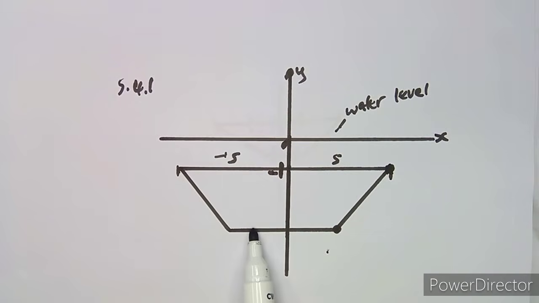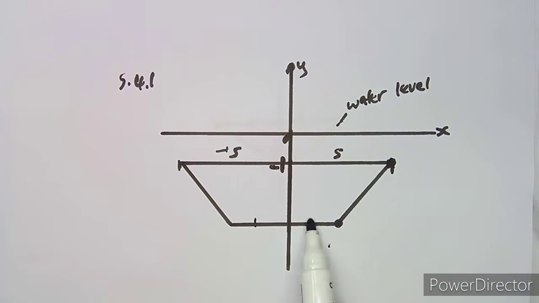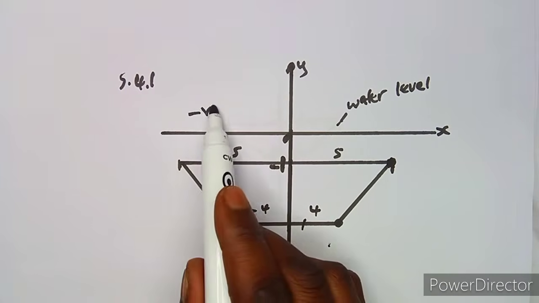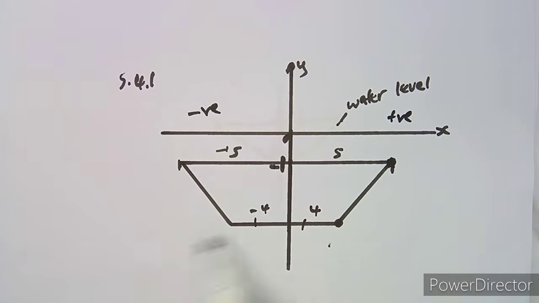Remember, it's divided into 2, so 8 divided by 2, that's 4. So this one is going to be 4, and this one is going to be 4. This is on the negative side. That's why I'm writing negative, because this is negative and this is positive. But this one, don't worry about it.